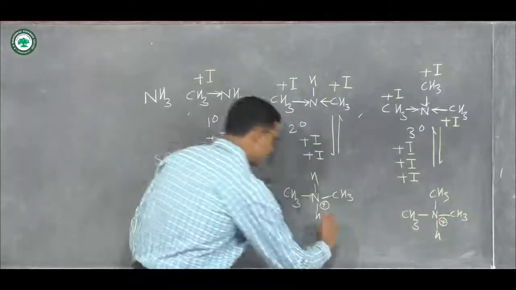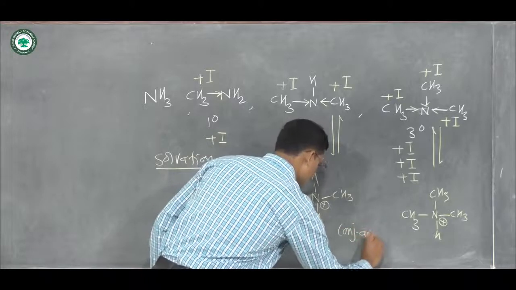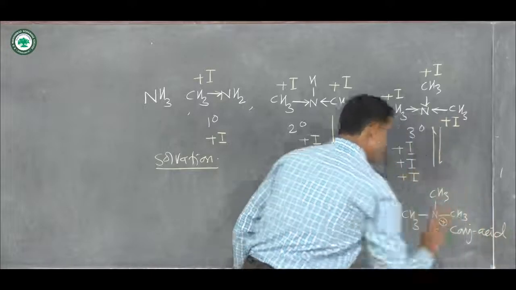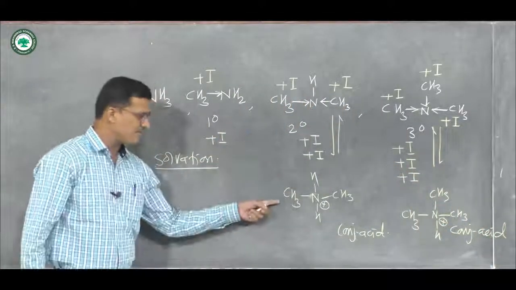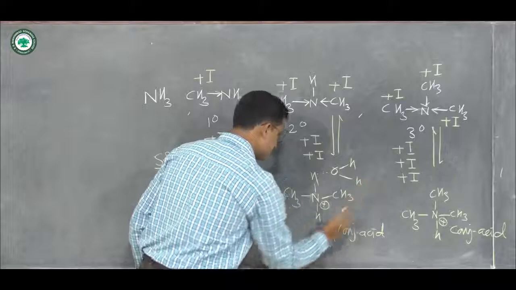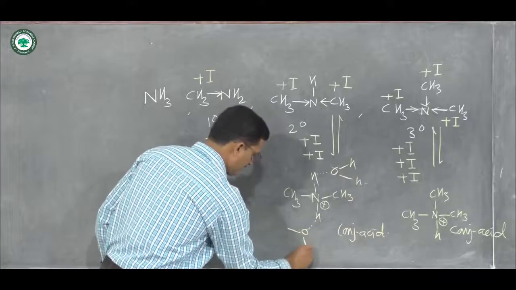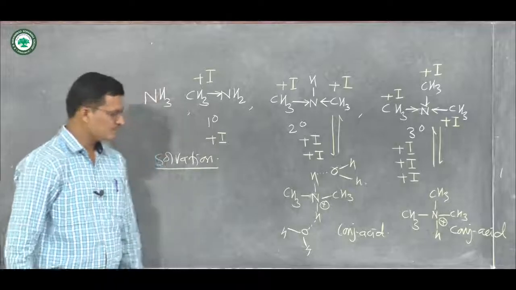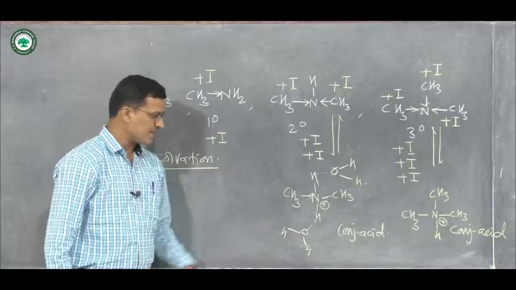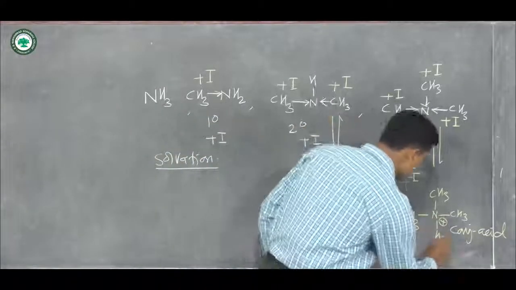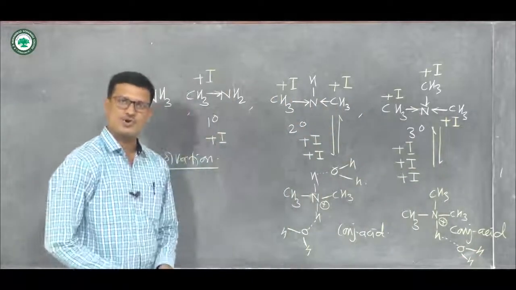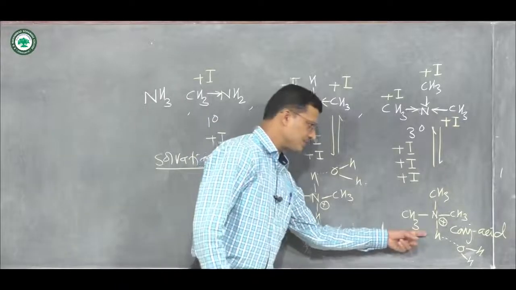And this conjugated acid, in case of a secondary amine, what happens? This conjugated acid is stabilized by solvation of water molecules. So what happened? Here, 2 water molecules solvate this conjugated acid. But in case of a tertiary amine, only 1 water molecule solvates the conjugated acid of